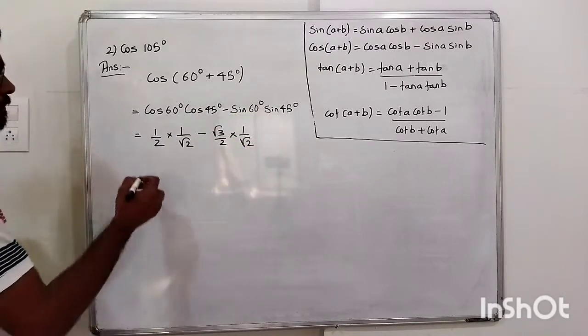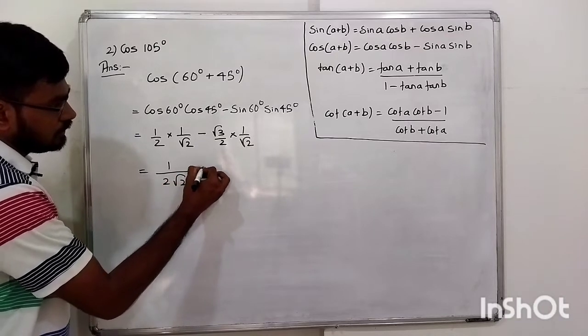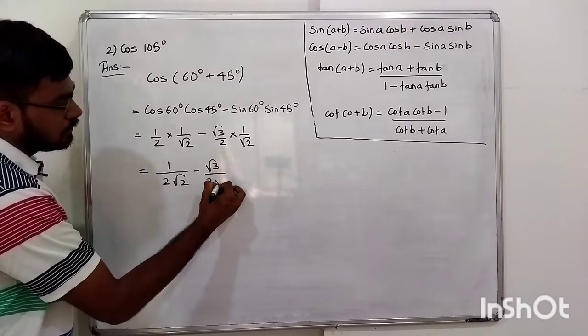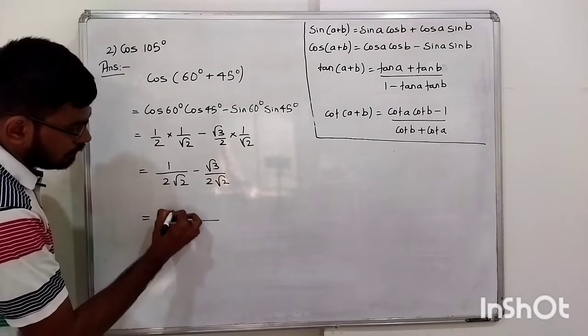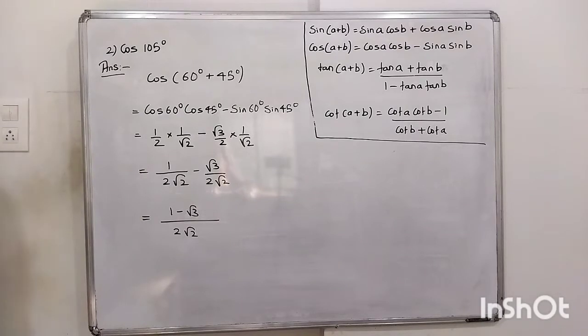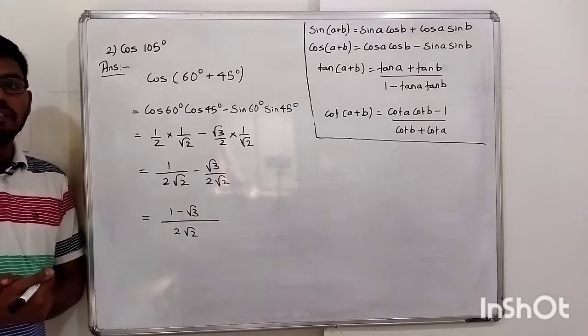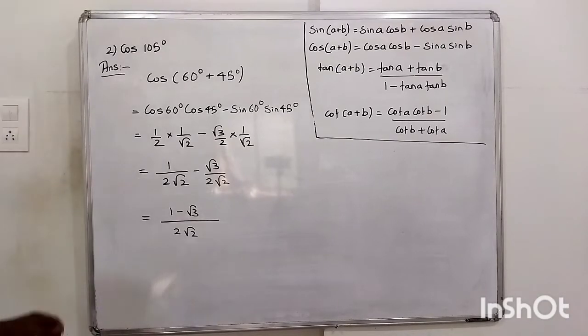Okay, next, you have to just simplify 1 upon 2 root 2 minus root 3 upon 2 root 2. Then again the denominator you can take common, so you get 1 minus root 3 upon 2 root 2. So this is the answer of cos of 105 degree. Okay. Next,